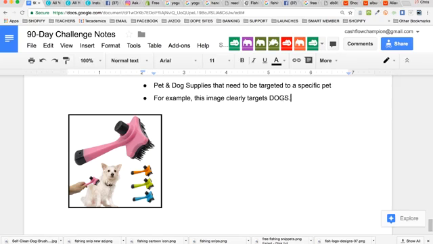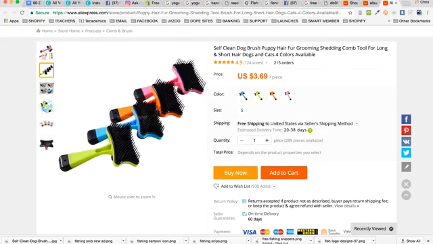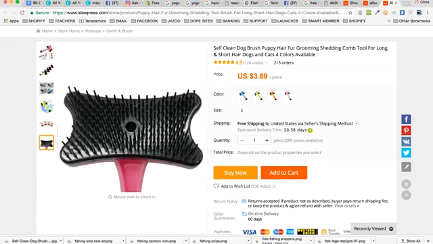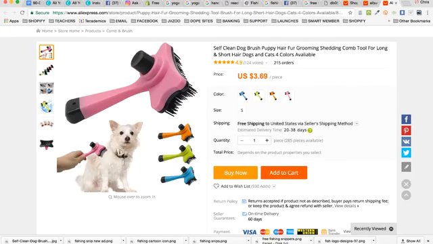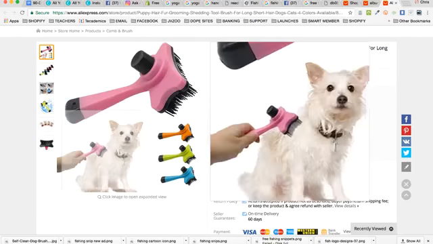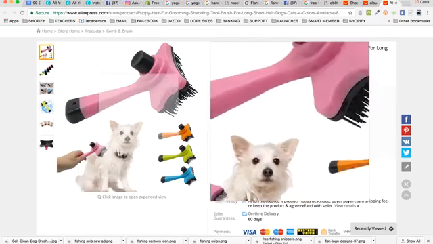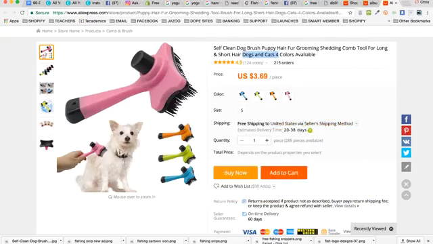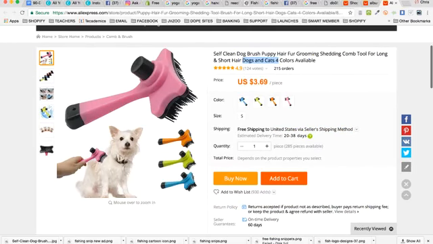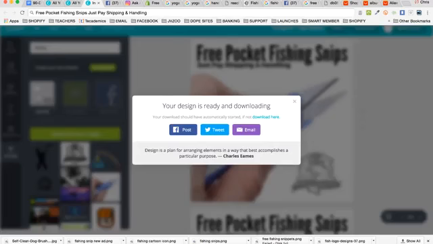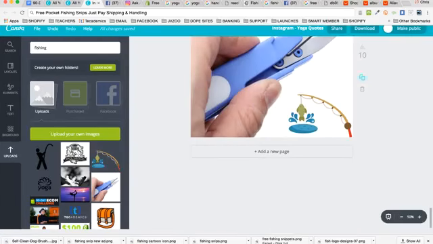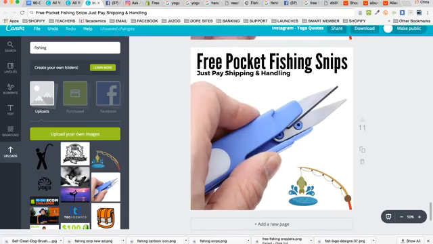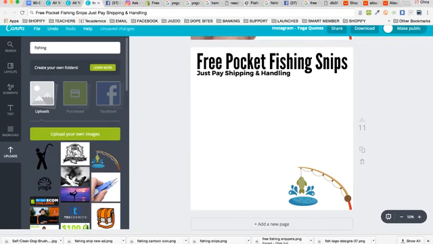dogs. But sometimes they might not have it for cats. Look at this. They only have it for dogs, but it says dogs and cats. So it says it's for dogs and cats, but they don't have an image for cats. So you would need to put a cat in there to make it symbolic. You could try to find one, or you could just add in a cat. You could take this image, go to Canva, and create a whole thing with it. You can literally upload your own images,